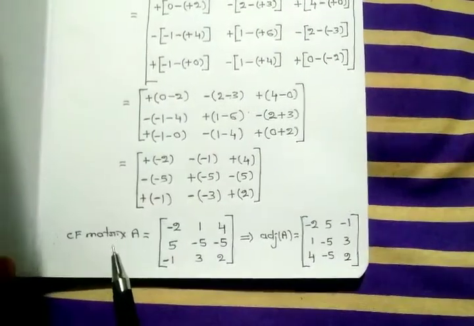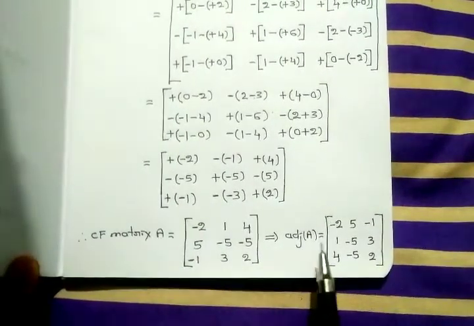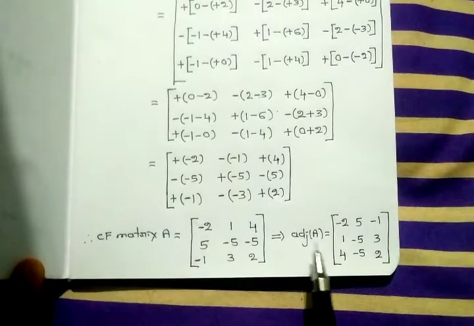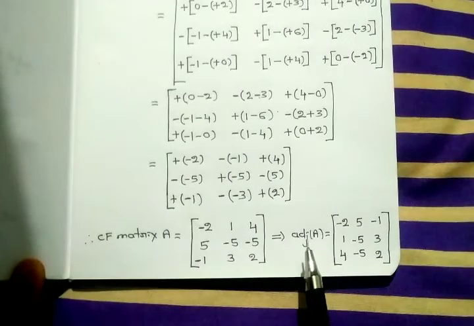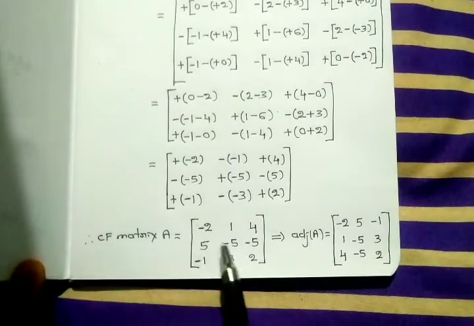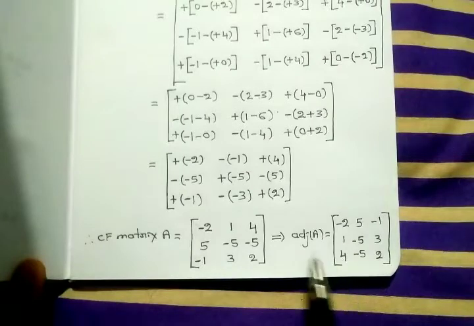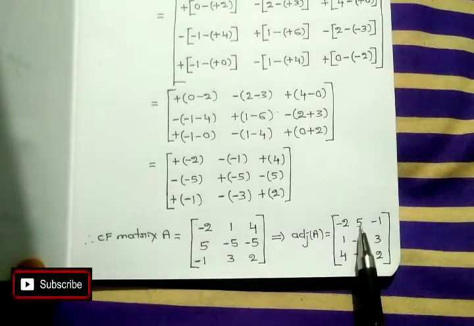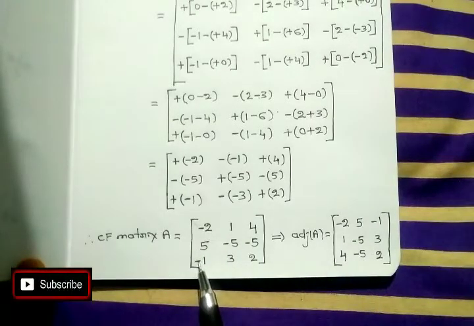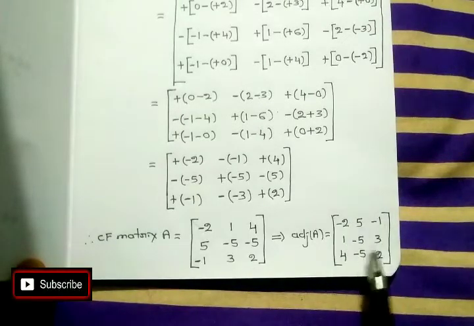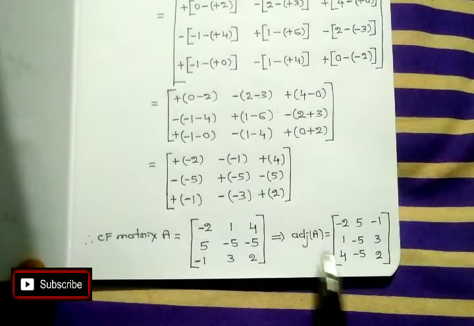Once you get the cofactor of matrix A, next step you need to find out which value? Adjoint of A. What to do to get the adjoint of A? Cofactor matrix transpose you need to take. Transpose means first row, write it as a first column, second row, write it as a second column, third row, write it as a third column. So this is nothing but which value? Adjoint of